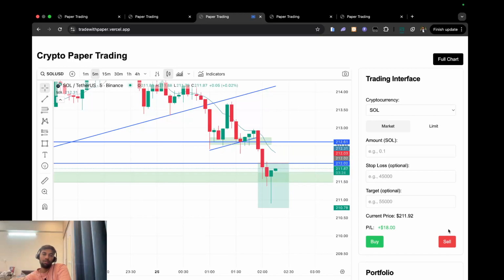So I closed my position, guys, at $18 at break even. I just came out at break even because after the previous green candle, pin bar candle, the market will try to touch its mean value, and if it touches mean value, then we will unnecessarily have a stop loss, and I don't want that.